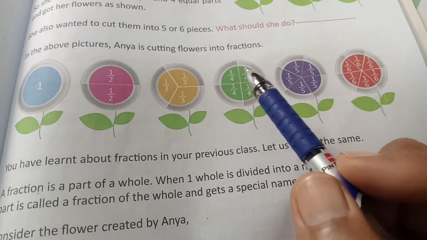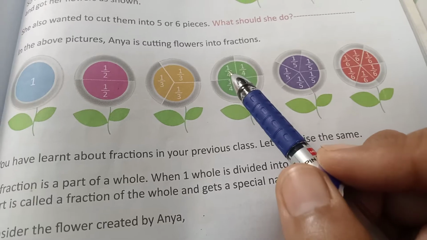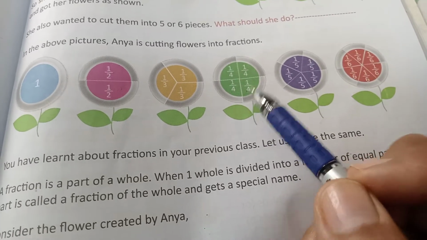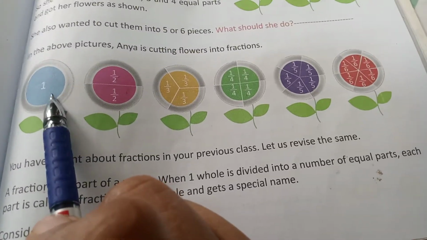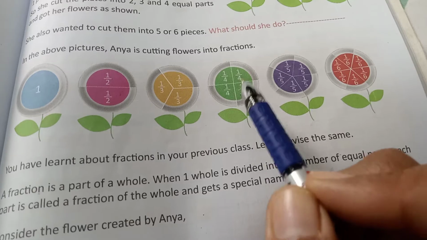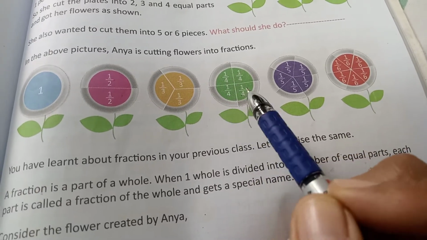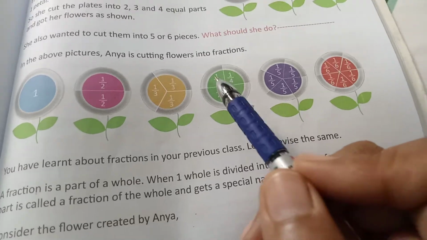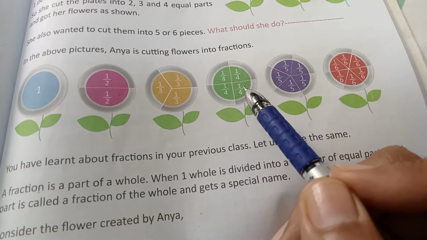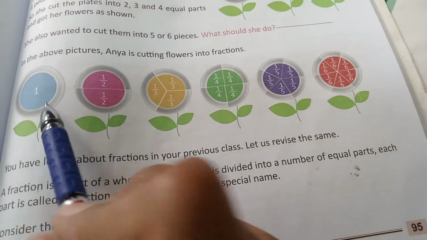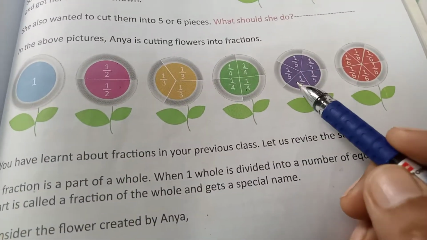So if you add 1 by 4 plus 1 by 4 plus 1 by 4 plus 1 by 4, you will get the 1 again. You will get the whole again. Now I am dividing it. If I add these 4 equal parts again, you will get one whole circle again. So the same thing, 1 by 4 plus 1 by 4 plus 1 by 4 plus 1 by 4 is equal to 1. Got it?